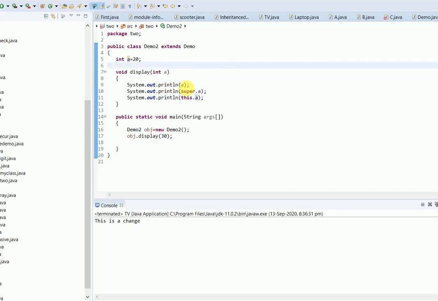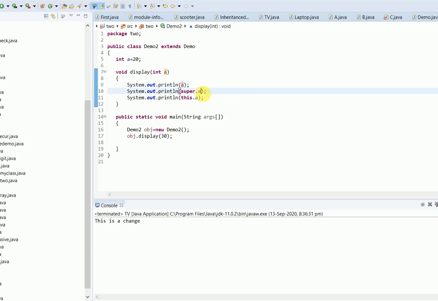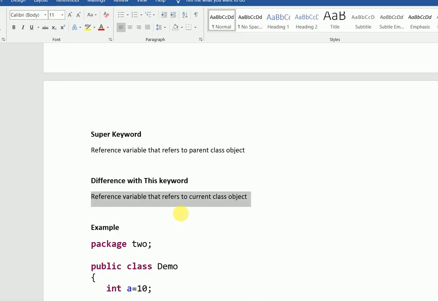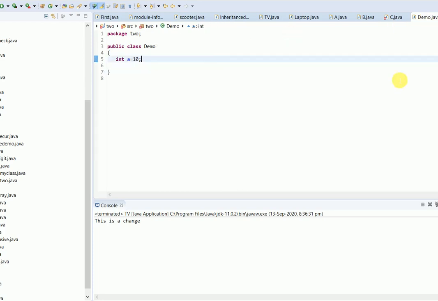The difference is that when I am writing a simply, it is referring to the local variable in the display function. When I am writing super.a, as we already read, it is a reference variable which refers to the parent class object, so this a is referring to the a of the parent class, that is the Demo class.